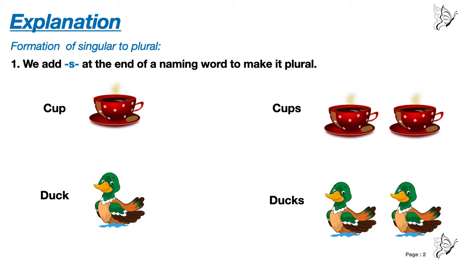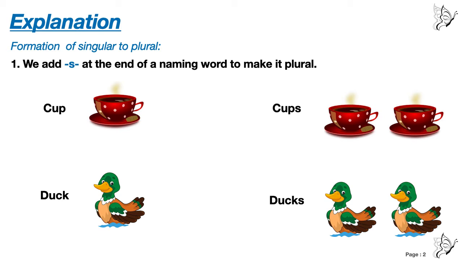Like in the picture you can see on the left hand side one cup is there, so we are going to write only cup, and if you are going to make it plural, then you are going to add s, cups. If it is cups, then we can understand that it is plural in number. Where there is no s, it is singular. Where there is s, it is plural. On the left hand side, how many cups do we have? We have 1 cup. So 1 cup is singular.